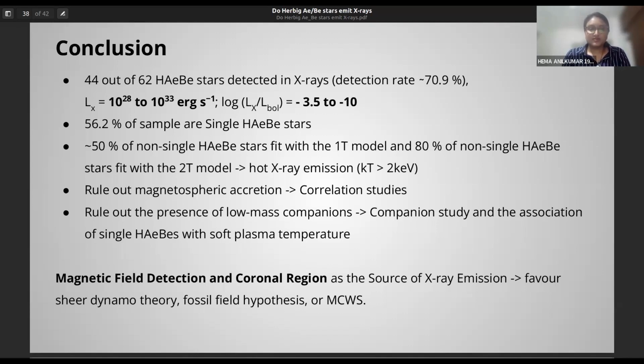From the binaries and the companion study that we did, we saw that 56.2% of the sample are single Herbig Ae stars. And also from the plasma temperature studies, we saw that 50% of the single Herbig Ae stars, which were fit with one temperature model, had plasma temperature greater than 2 keV, and 80% of these are not